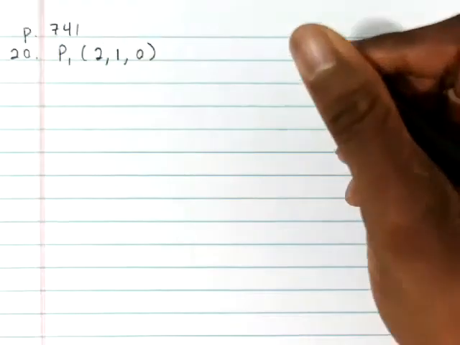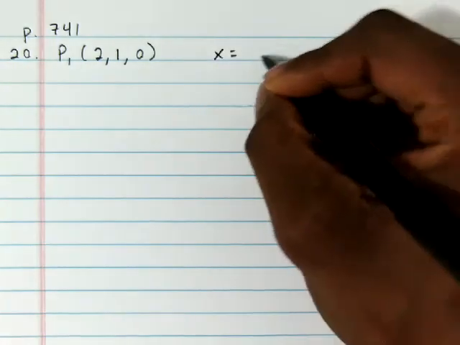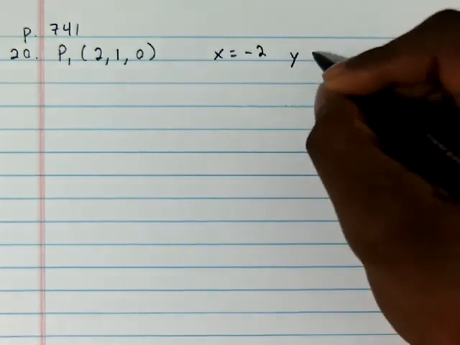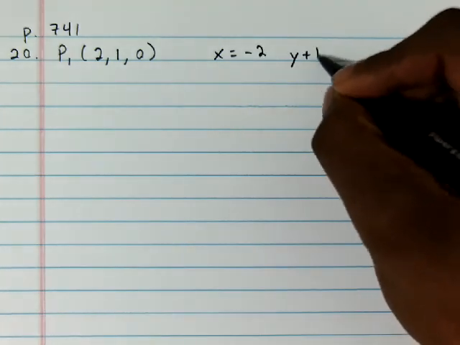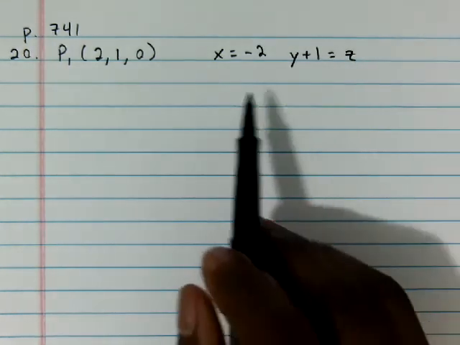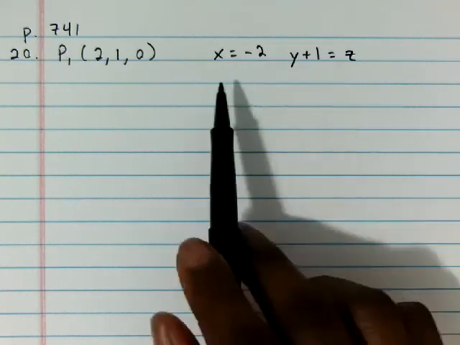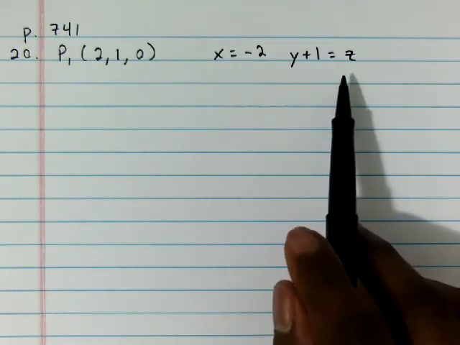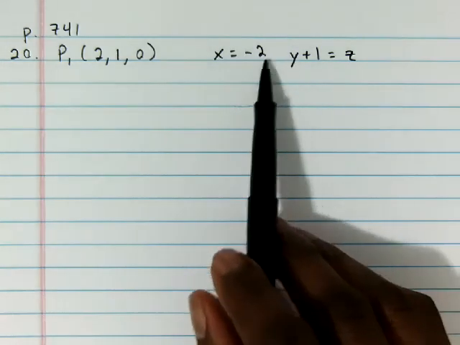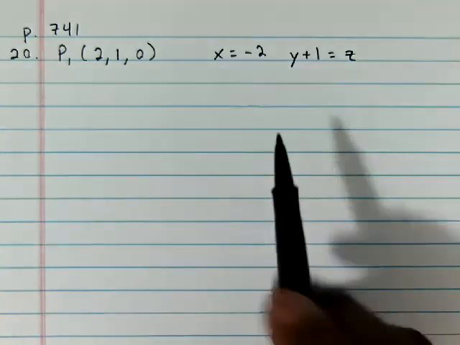And then they gave us equations of a line. So the equations of the line are x equals -2 and then y plus 1 equals z. We can quickly tell from the format of these equations, it's not the vector equation, it's not the parametric equation, these are symmetric equations. And in them being symmetric equations, we can quickly tell something because this x stands alone in the symmetric equations. We know that our a is 0. So let's rewrite these